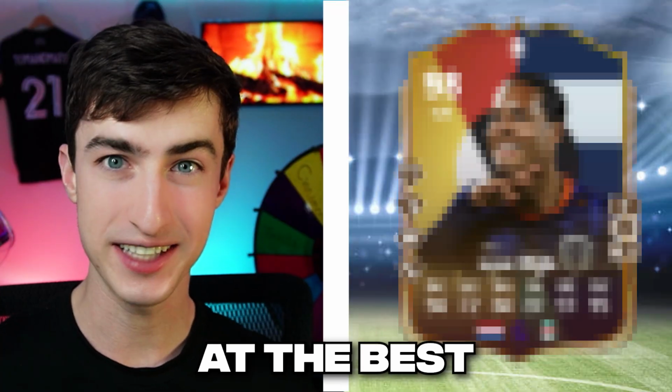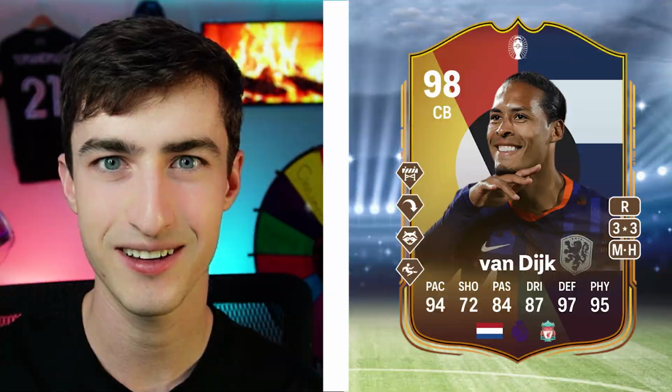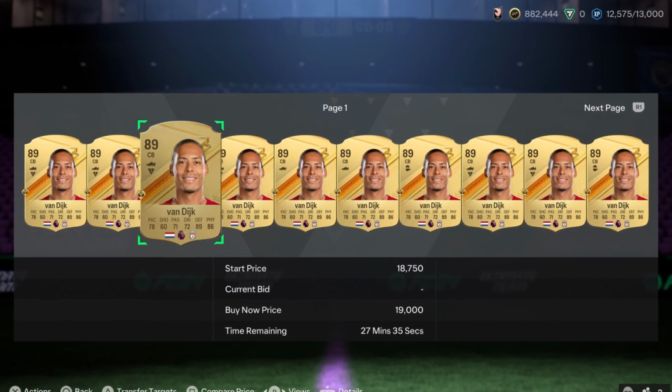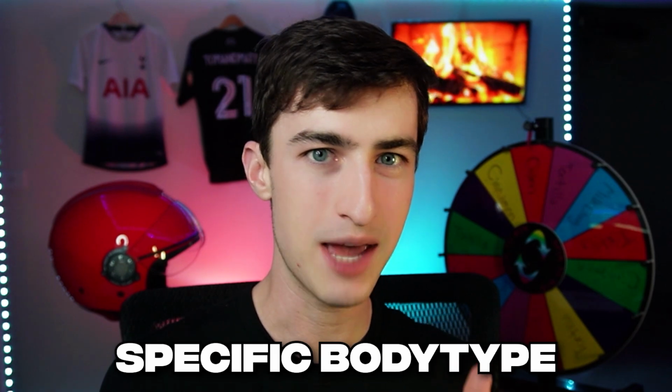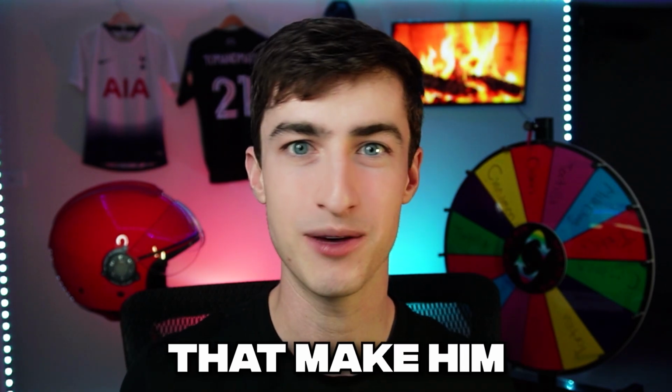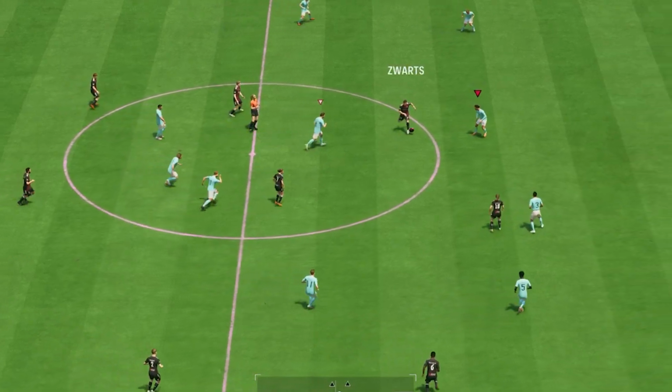And finally, the best center back is somebody who has the most aura this year, Virgil van Dijk, who only costs 25,000 coins, and even though he just has 78 pace, he has a specific body type and in-game animations that make him feel unbelievable. And I would easily pay 100,000 coins just for gold